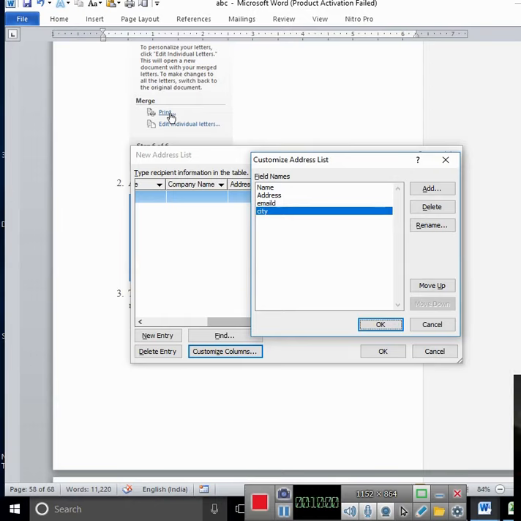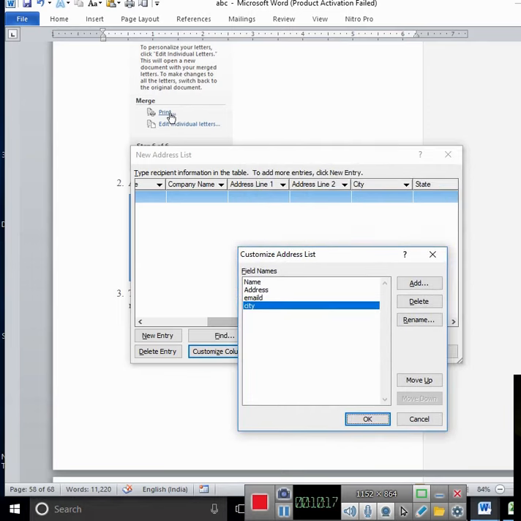Anyone? Excuse me. Sir, after select recipients, what to do? After select recipient, if we want to keep all the fields same, then we can enter the value. And if you want to keep selected fields, then you can first delete all the fields, then add whatever field you require. Again I'll repeat it, don't worry. First you just understand one time, next time again I'll repeat it.